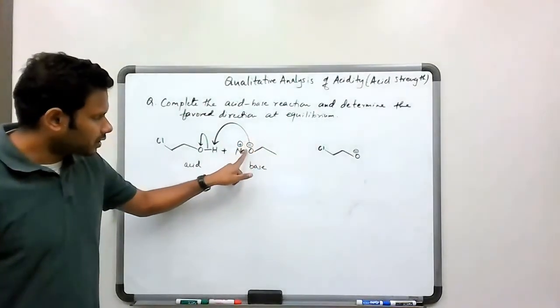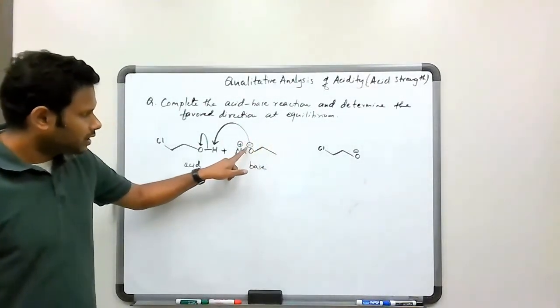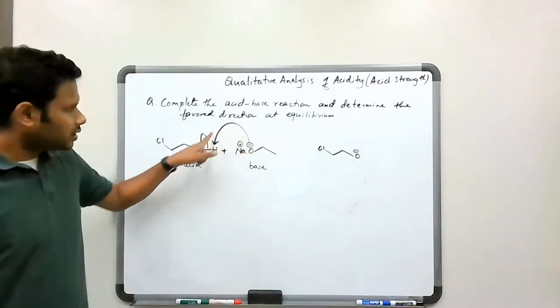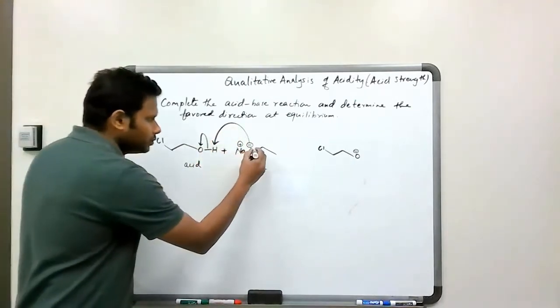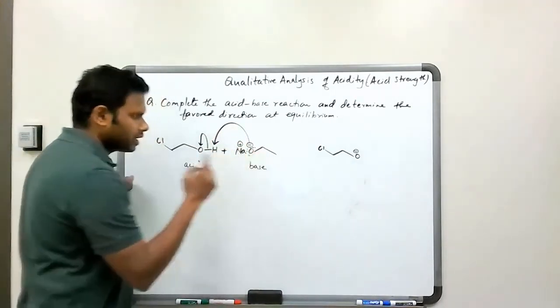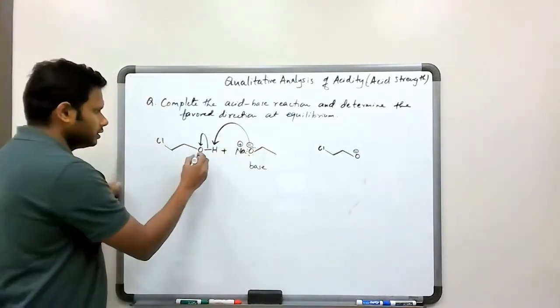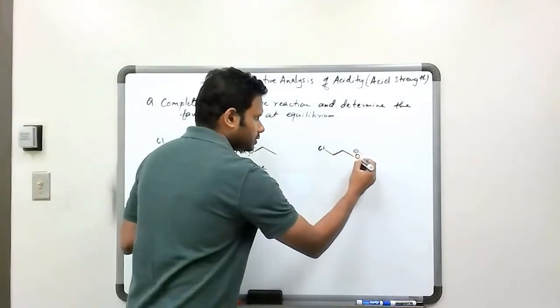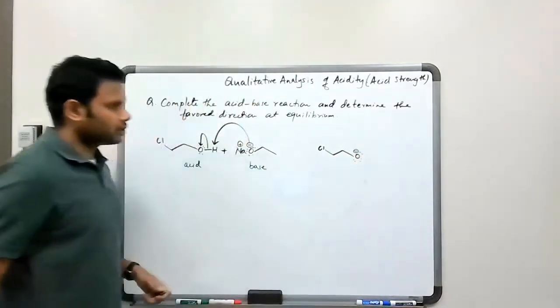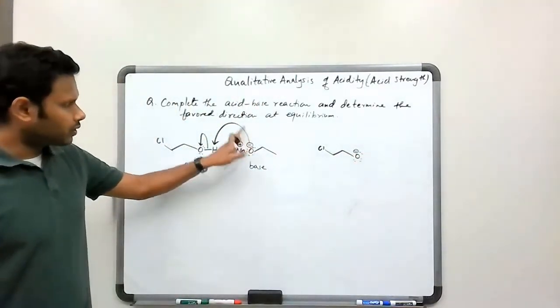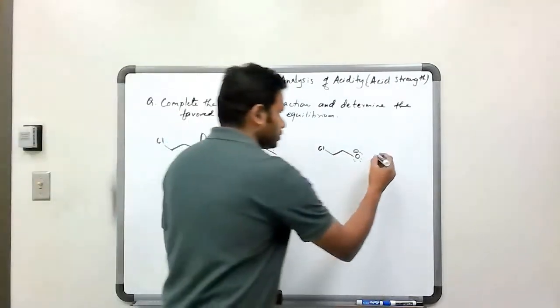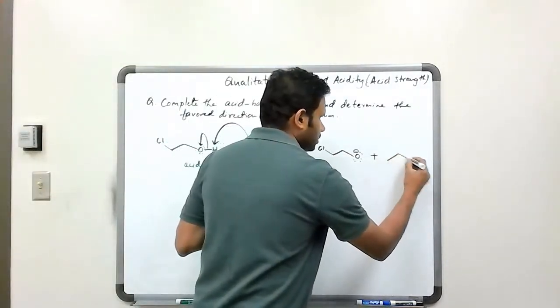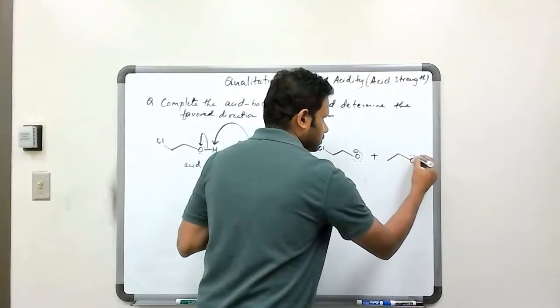So this entire portion here is the base, but the oxygen is what's abstracting that hydrogen using its lone pairs. It has 3 lone pairs on it. Okay, this oxygen has 2 lone pairs on it. So now this oxygen here has 3 lone pairs on it, and so the oxygen uses one of its lone pairs to abstract a proton, and so what I will get at the end of it is going to be